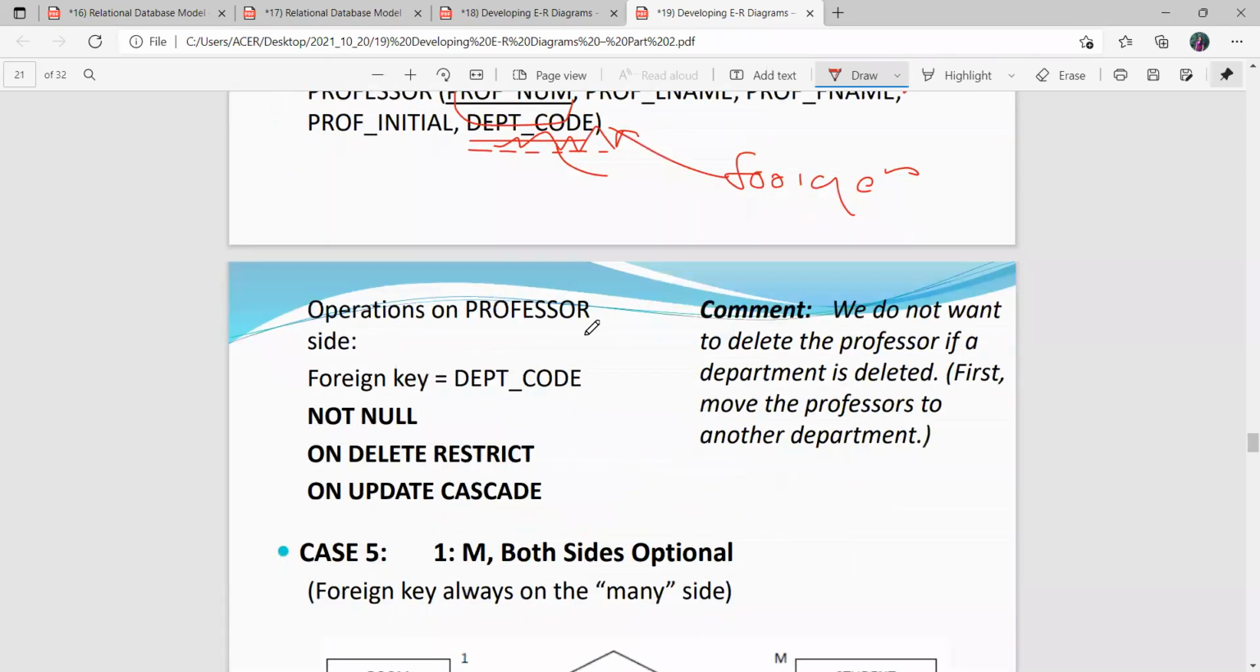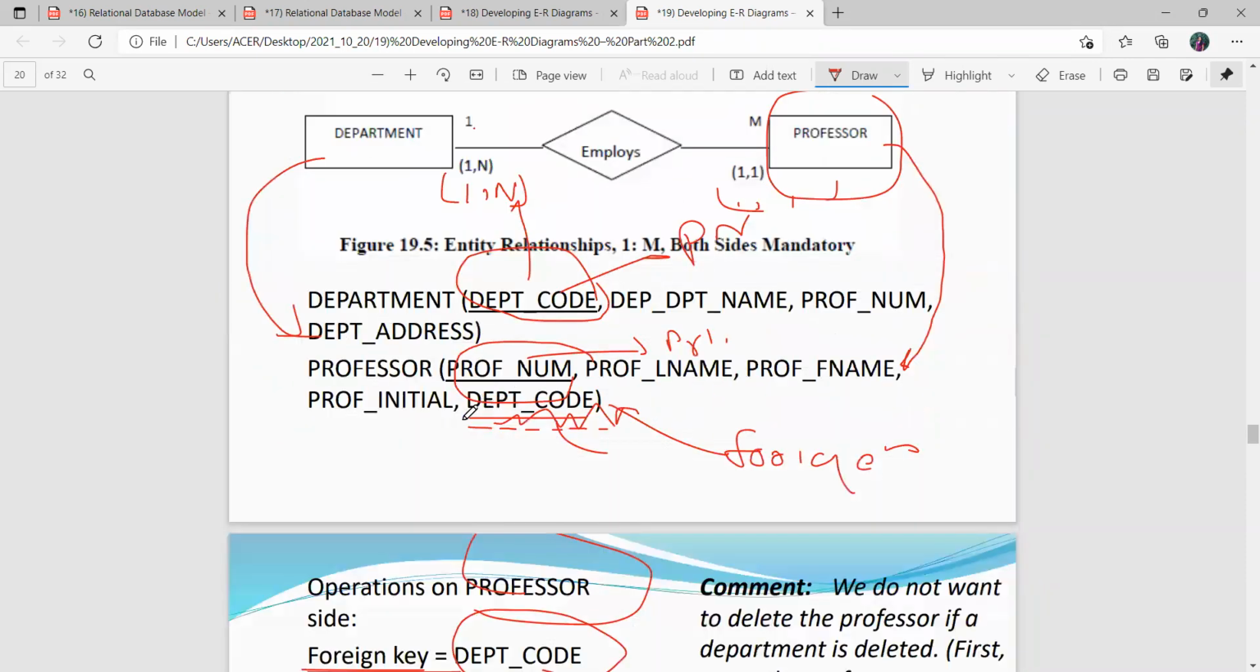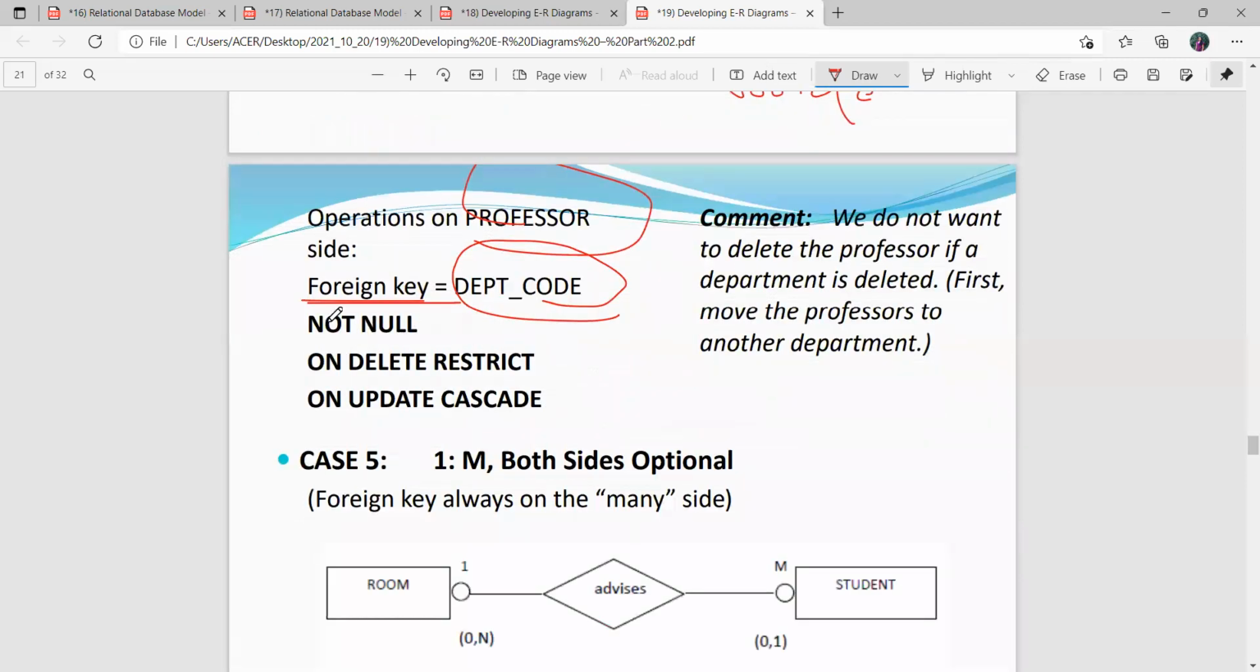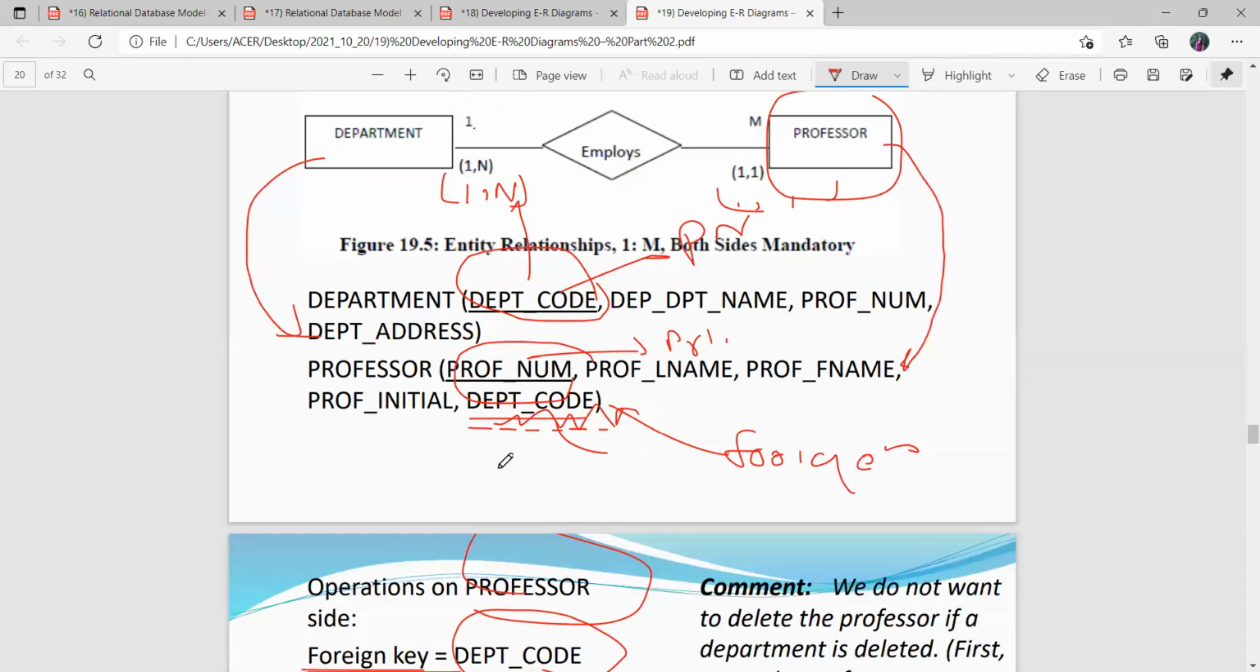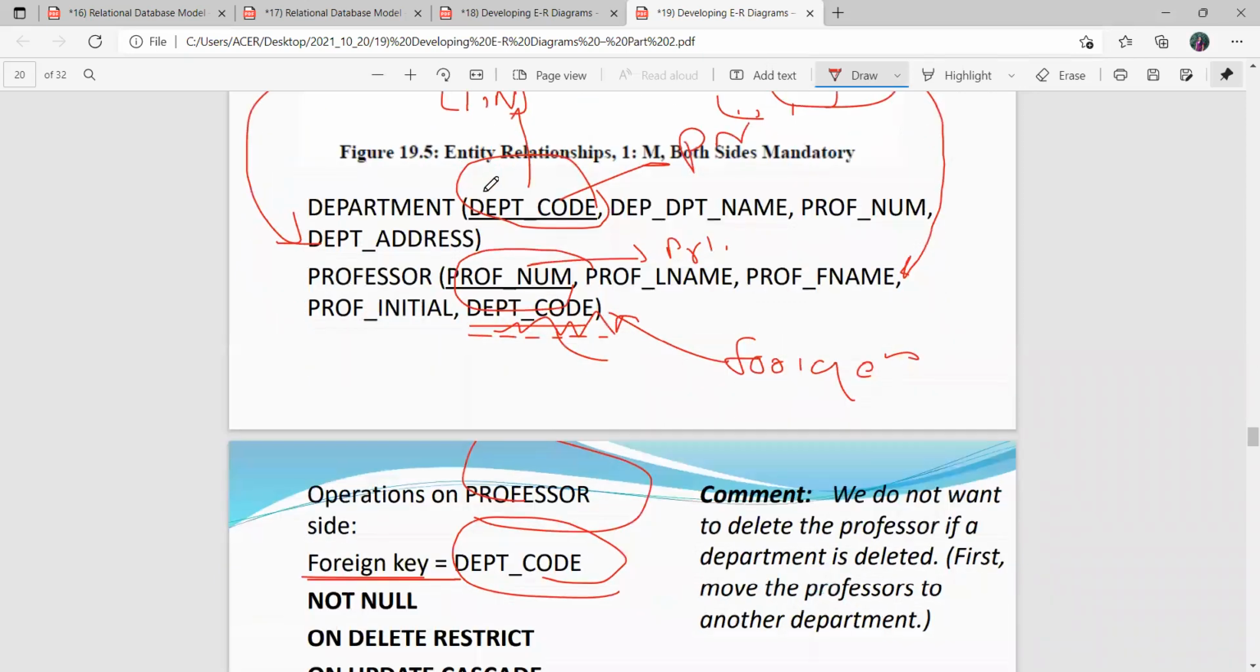Then when we consider the professor, you can see the foreign key is dept code. That means this is the foreign key. So you can see not null, on delete restriction, and on update cascade. We do not want to delete a professor if a department is deleted. First, we move a professor to another department. If you need to delete the professor if the department is deleted,